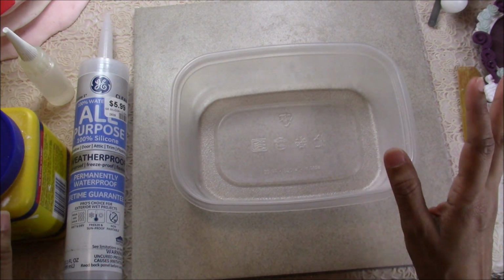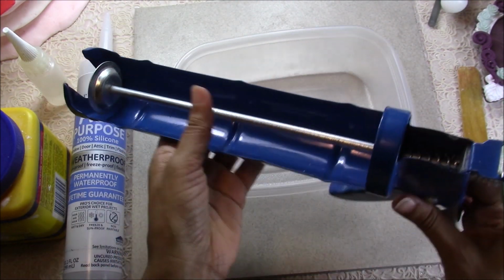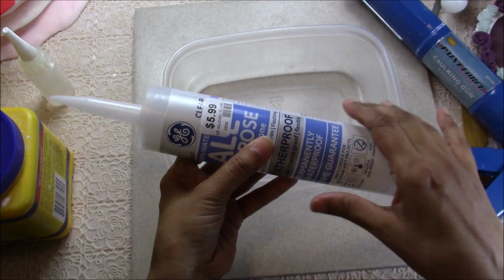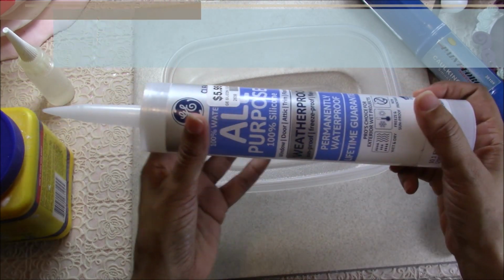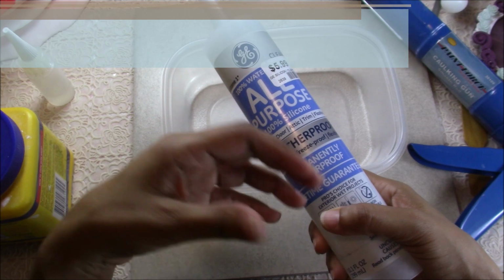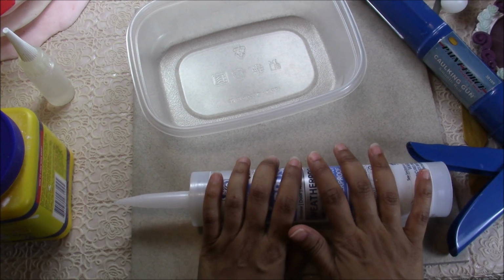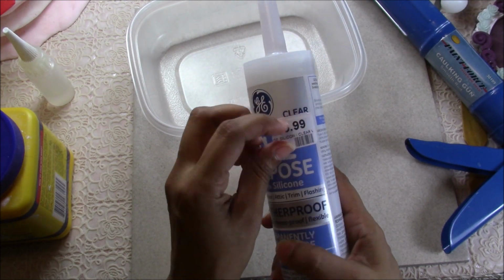There is no measuring. Anyway, so you're gonna need a caulk gun, which looks like this, because that's how we're gonna squeeze this out. They have some that look like a toothpaste packaging, you know, where you get your toothpaste out of. They have those, but I don't use those. I use these, and it has to be clear. It has to say clear, and it has to say